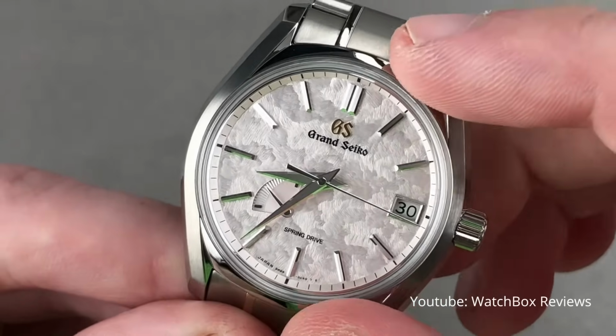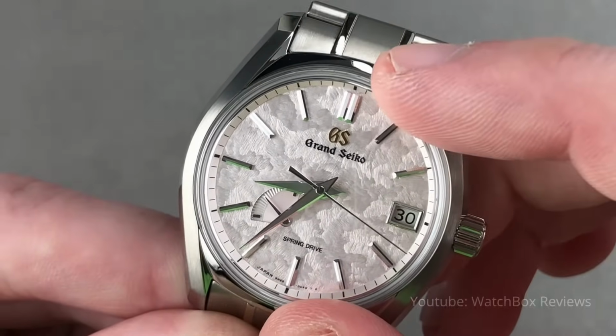The Grand Seiko that I would consider getting, if I had to get one, would be the Shunbun. It's the cherry blossom dial, titanium. You get the Zaratsu polishing, which is another Grand Seiko signature. Spring drive movement, little power reserve on the dial. Yeah. It's titanium, so it's super wearable. Super light. Looks very good on...